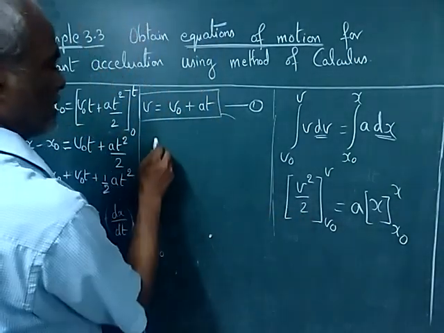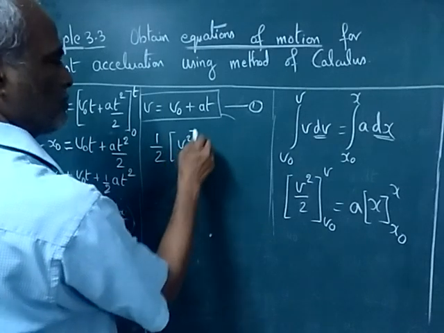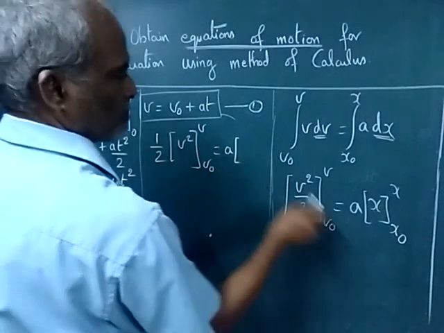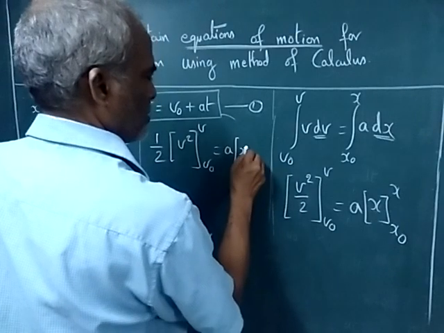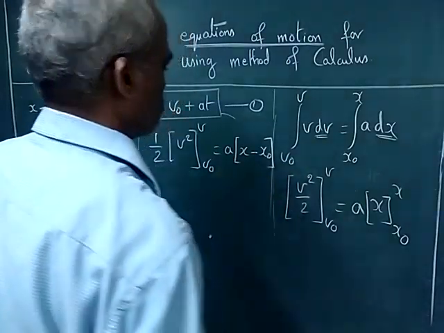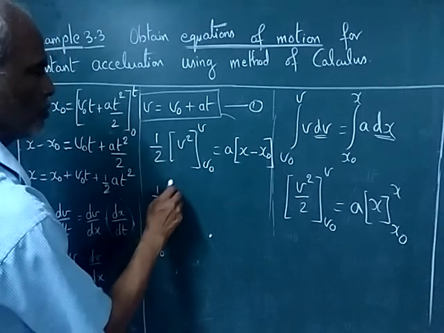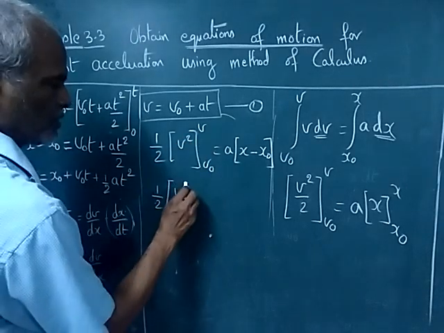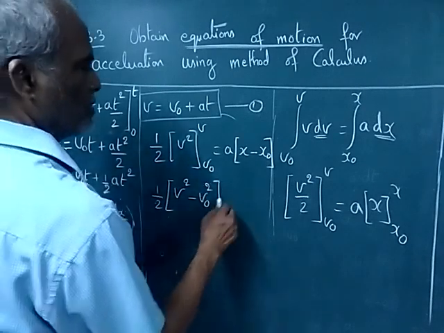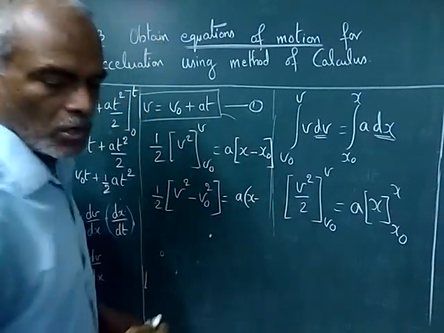Take this 1 by 2 outside. So you will be having v square, upper limit as v and lower limit as v0, which is equal to a. You substitute upper limit for x, which is x, minus lower limit x0. So on the right hand we have substituted the limits. So on the left hand we have to substitute. So this will become 1 by 2 into upper limit v, so v square minus lower limit v0, v0 square, is equal to a into x minus x0,